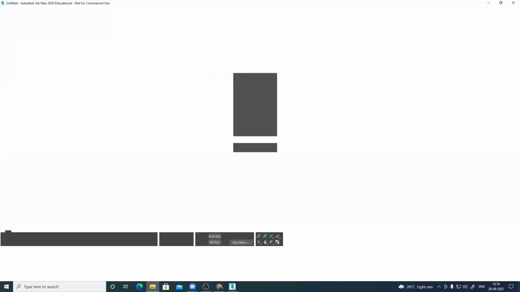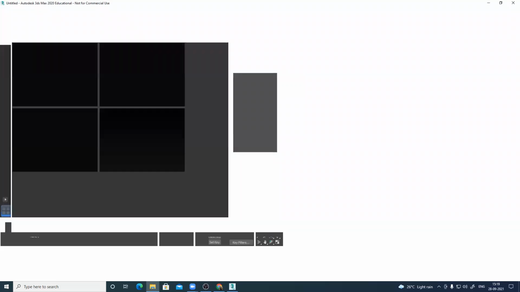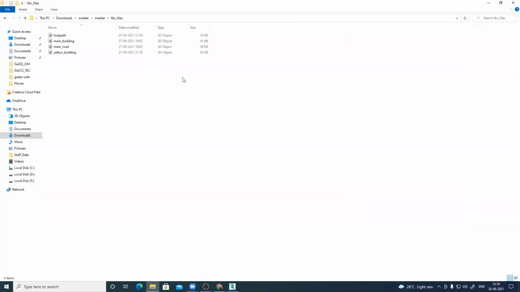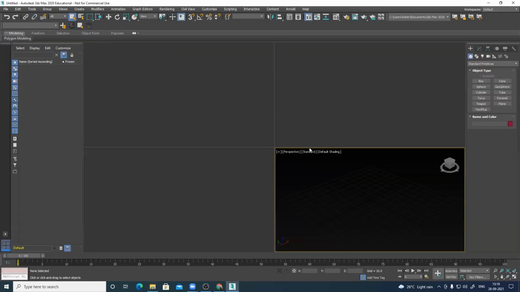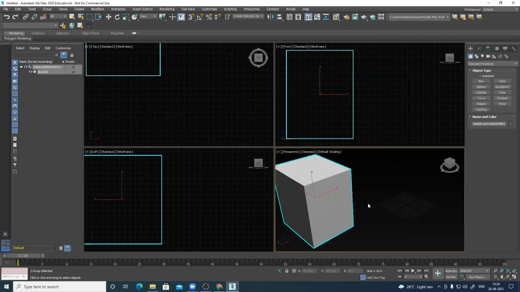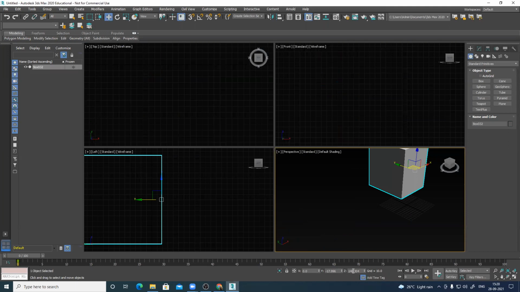Okay, hi, sir. Some yellow building texture. Let's check the textures. The file won't open, but you have the FBX file. What's that? Okay. My file is also in 2021. Yeah. Mhm.